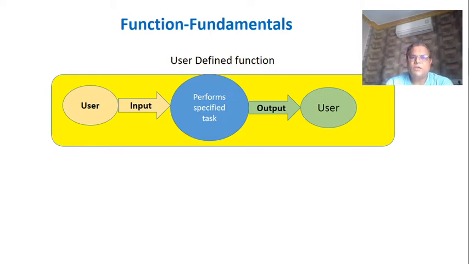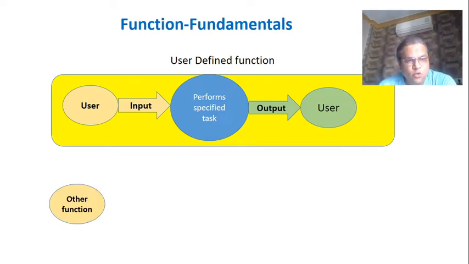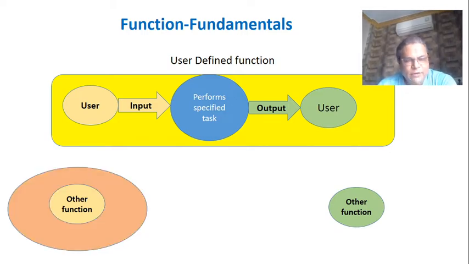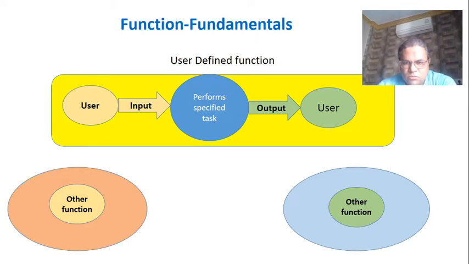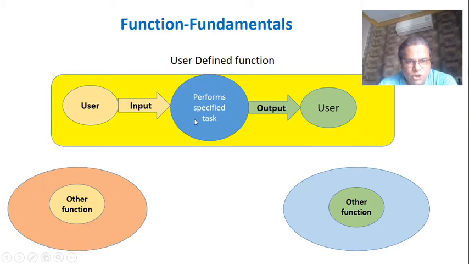But as you know, a C program can consist of many other functions also. So let us say the C program consists of other functions, and we know every function has got its own memory space or variable space. Variables which are declared in one function will not be visible to the other functions. So whatever changes we do to the variable in this function, it will not be reflected in the other functions.